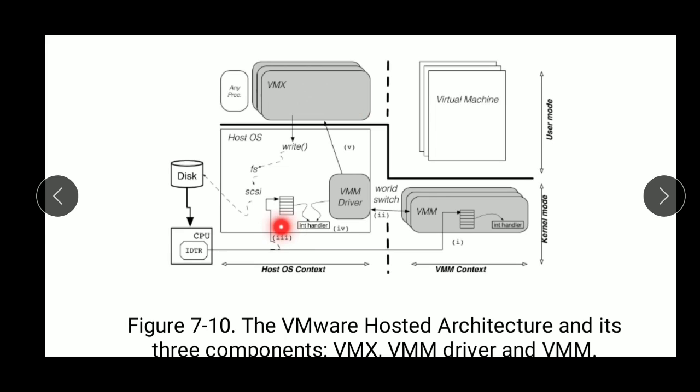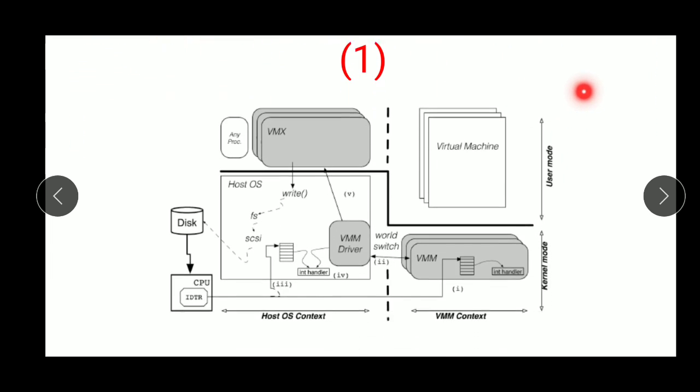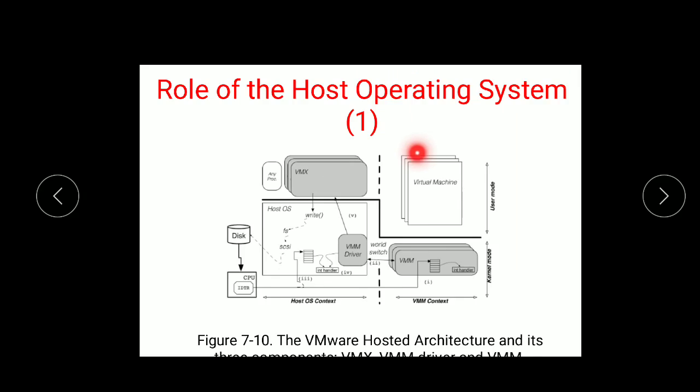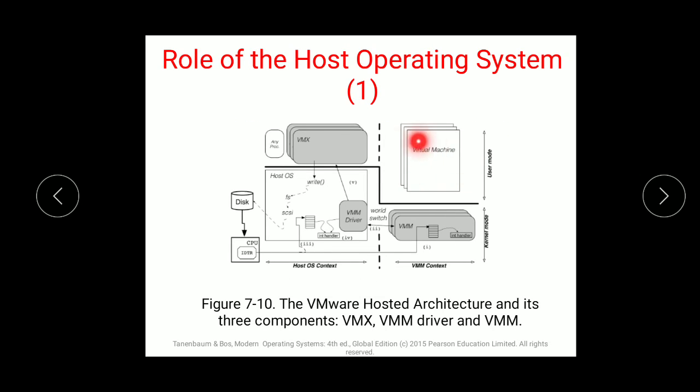Once my binary translations are done, I am connecting to the interrupt handler. My virtual machine monitor driver will make a connection with my virtual machine monitor. It will complete its task in the kernel mode, and my user mode will have only the virtual machine. But can you see these dotted lines? These dotted lines are fulfilling my work from the host side, not from the user side. So the user has no connection with these things.